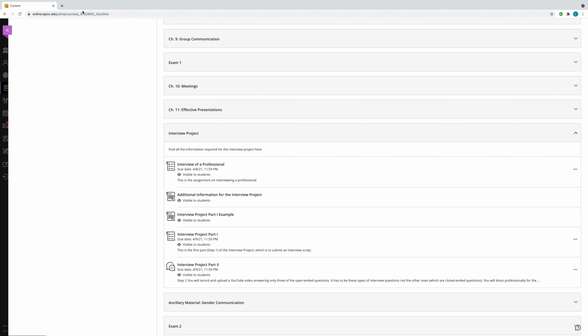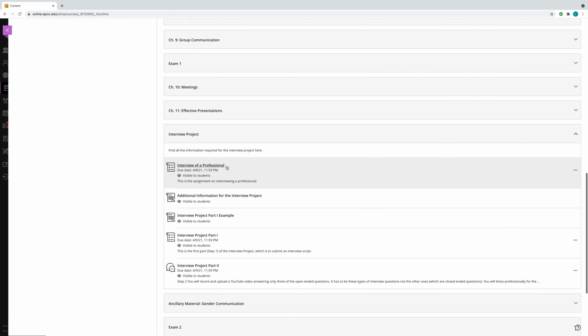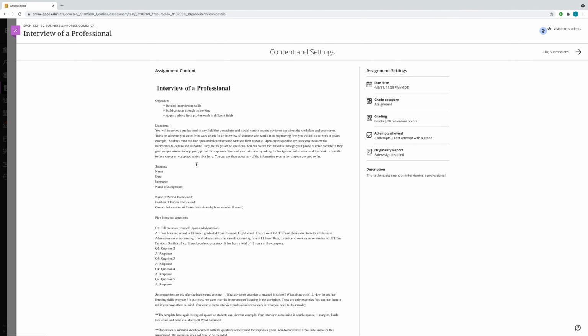Now, you'll see my screen and it'll be different due dates because there's different semesters that I have, but we have here still an explanation of the assignments. So in the first assignment, the interview of a professional, seen here, you are selecting an individual to interview to gain advice about the workplace, to go ahead and help you succeed in your future careers based on the topics that we're seeing in the course.